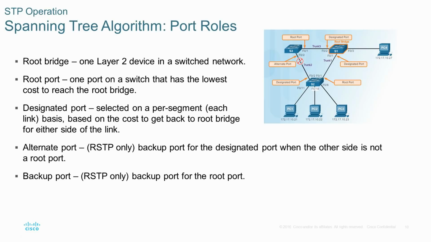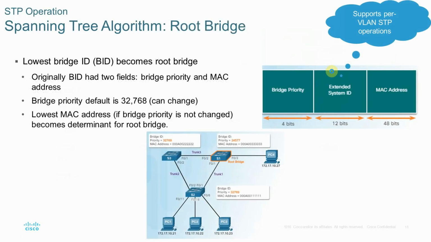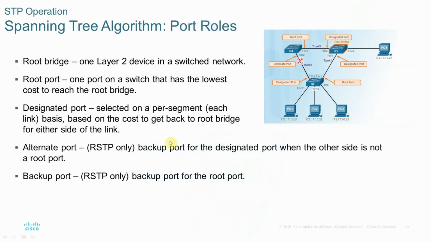And if all the switches have the same priority value, then we need to think about the second element, the MAC address. The MAC address is never the same for all the network switches, so that can break the tie. Okay, so this is the election process to elect the root bridge.